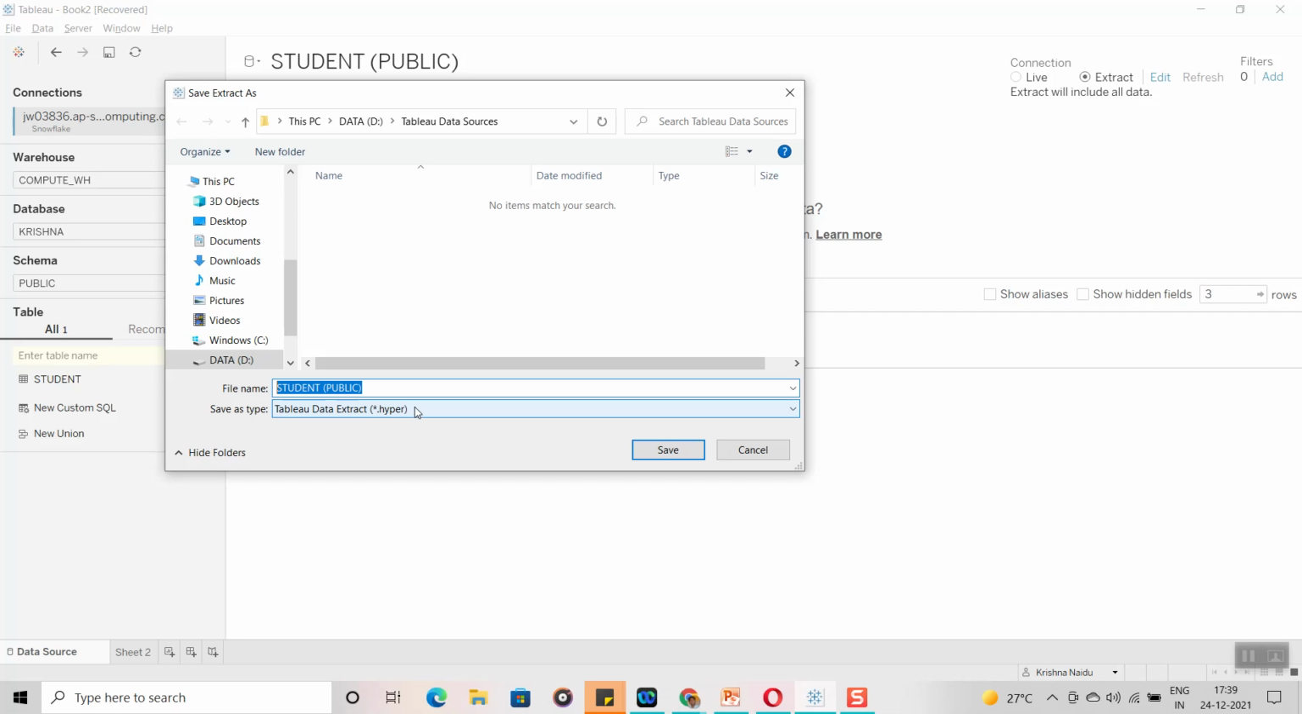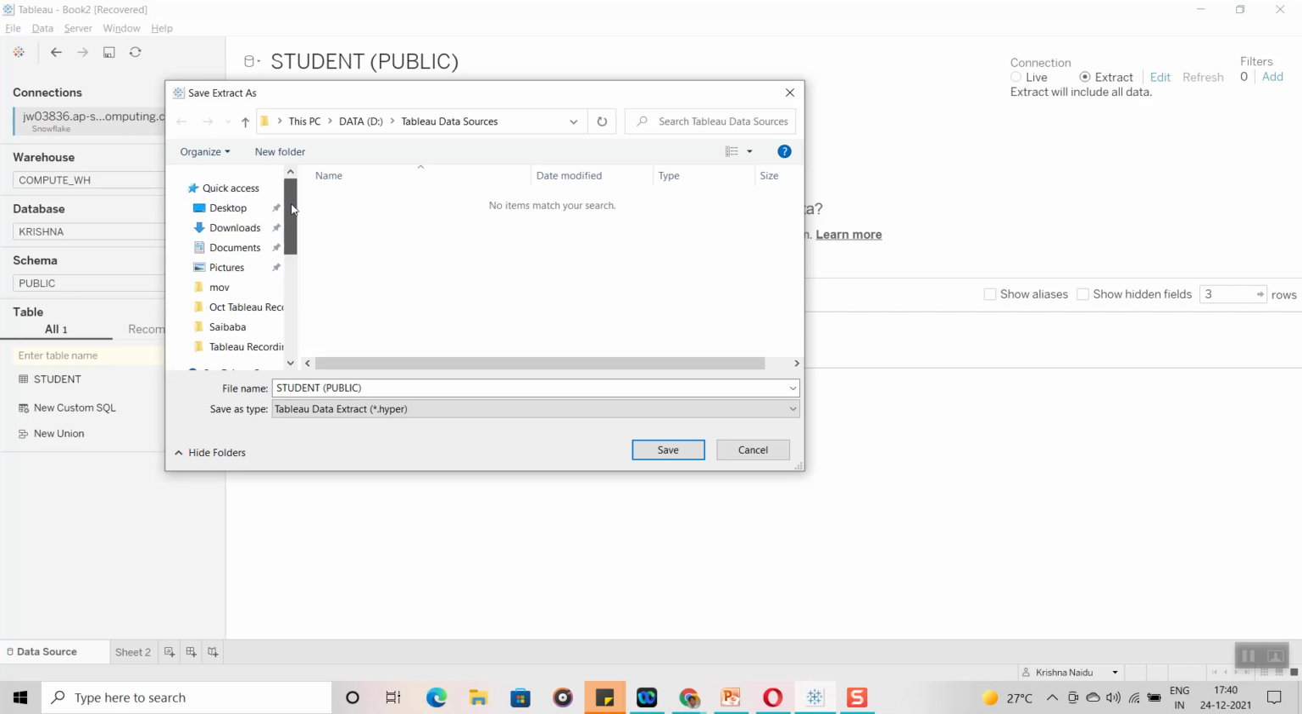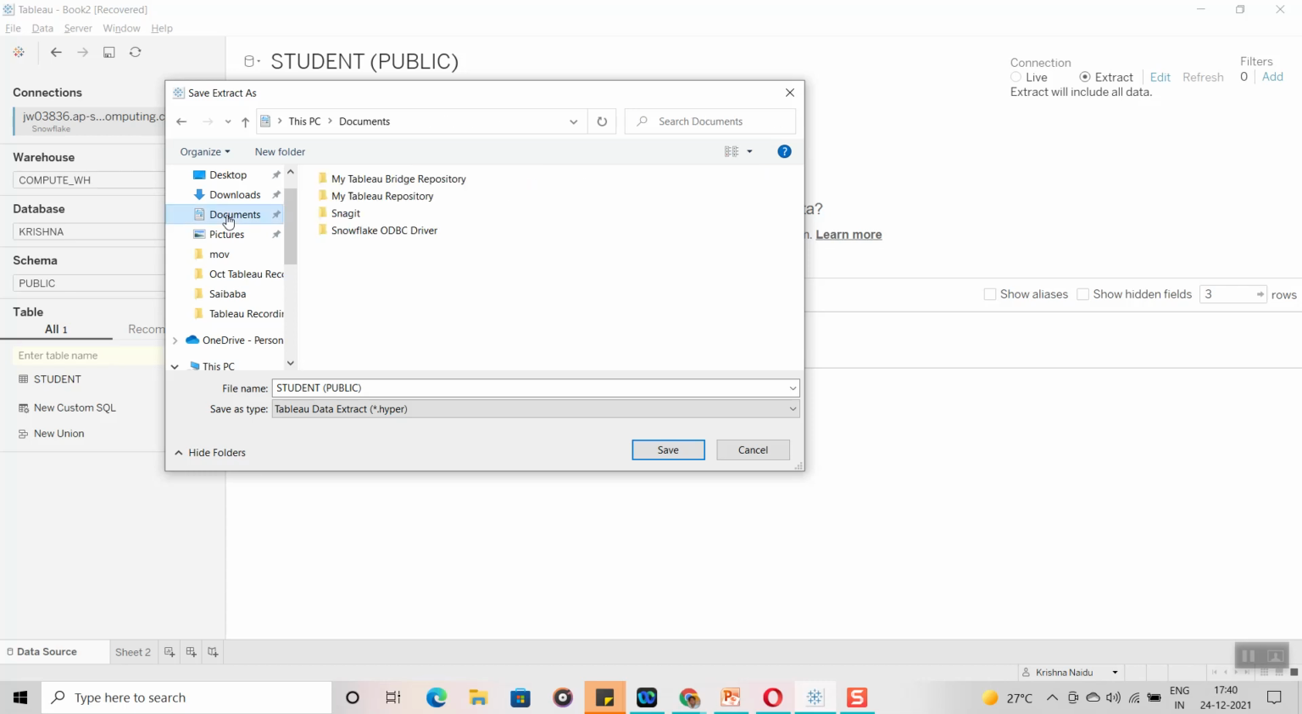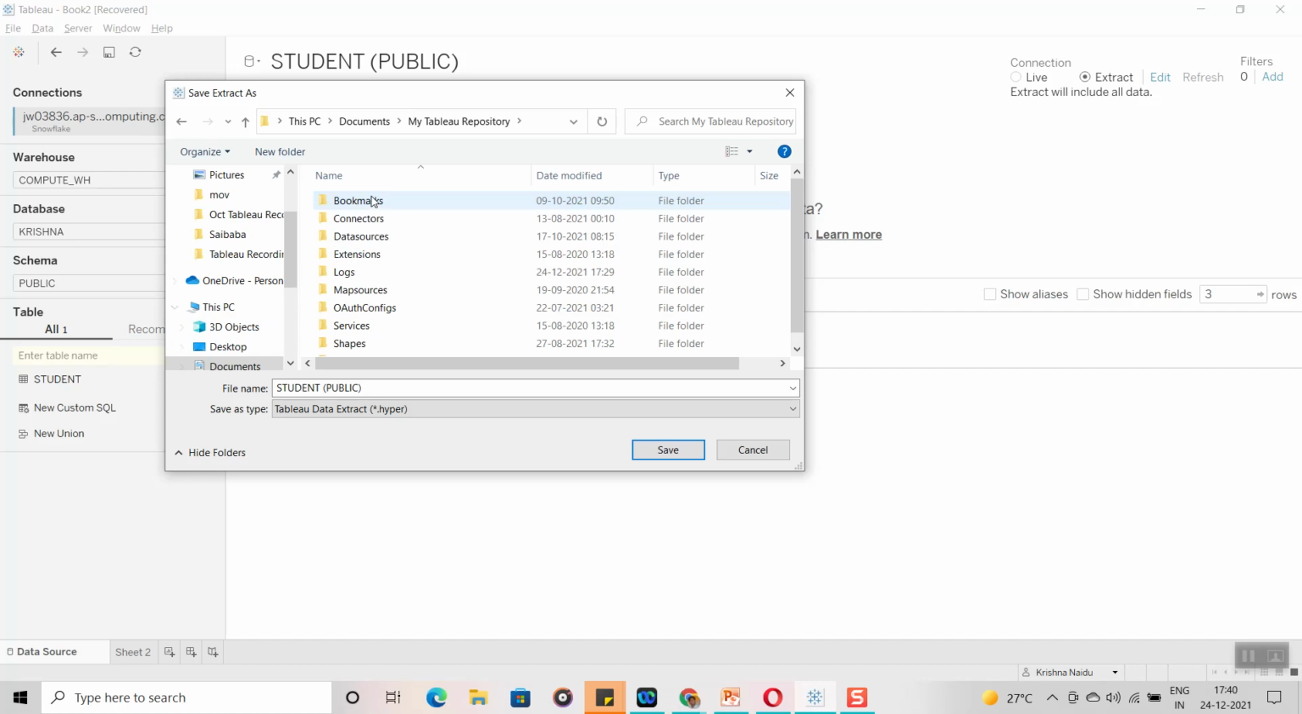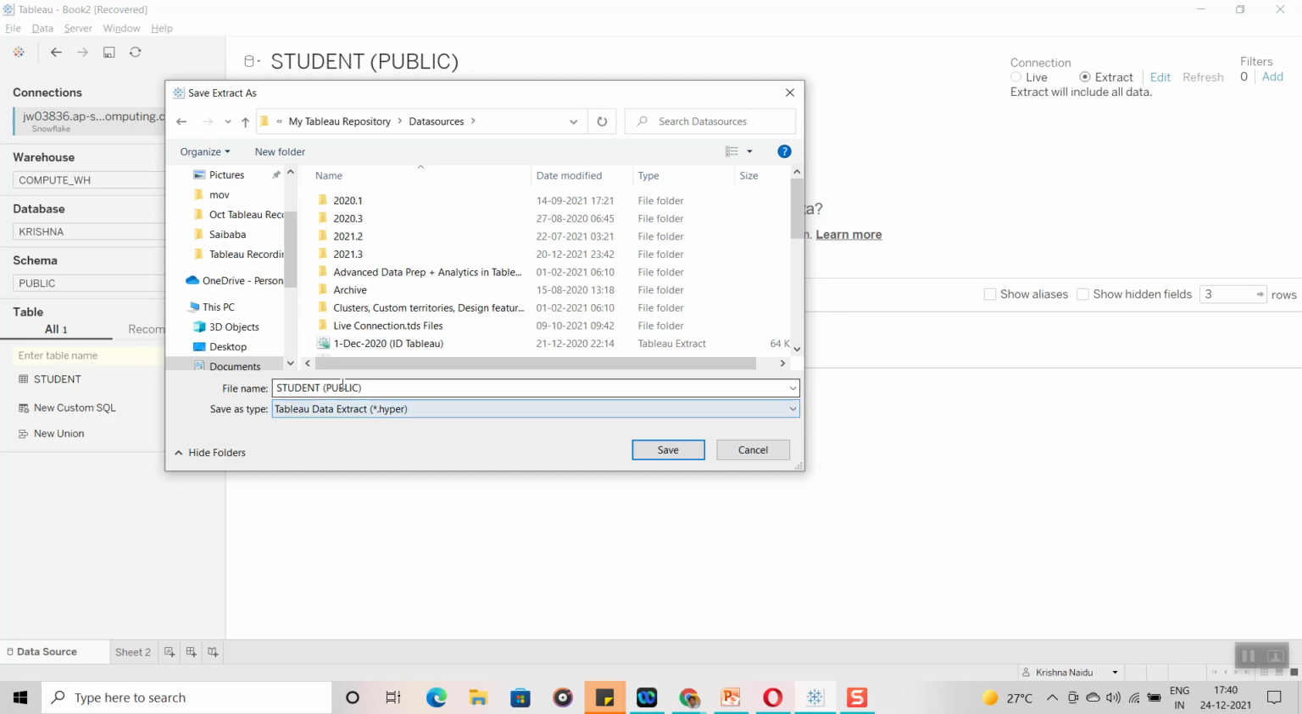The extract file format is dot hyper. We are going to learn about file types in the next session. Okay, the file format of an extract is the dot hyper file extension. Now here you can see Tableau data sources. Normally this is the path I have set up; otherwise, in your documents, as I said yesterday, you get My Tableau Repository. Under My Tableau Repository you can see data sources, and you can save it here. Okay, I am going to save it here itself